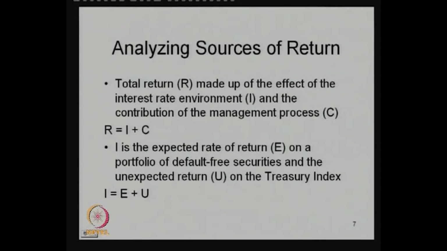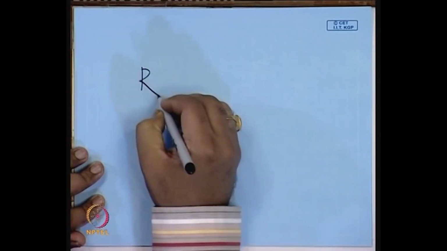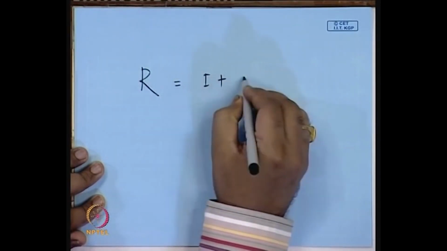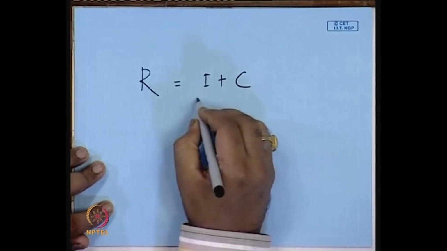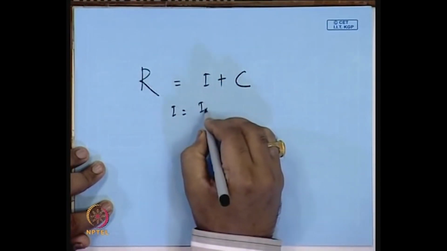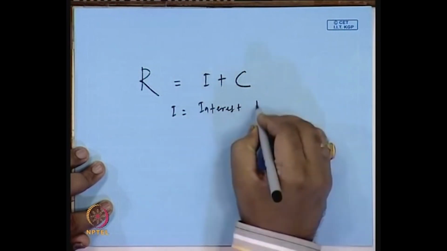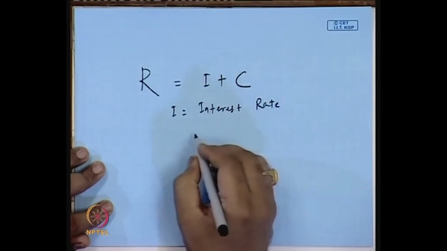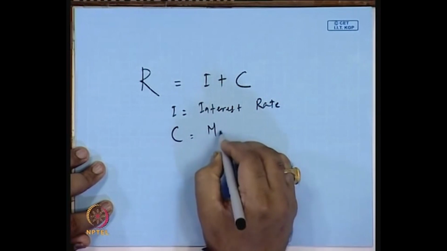So, the total return we get is equal to I plus C. I represents the major factor, I is the interest rate, and the other factor is C, which is the management process or the skill